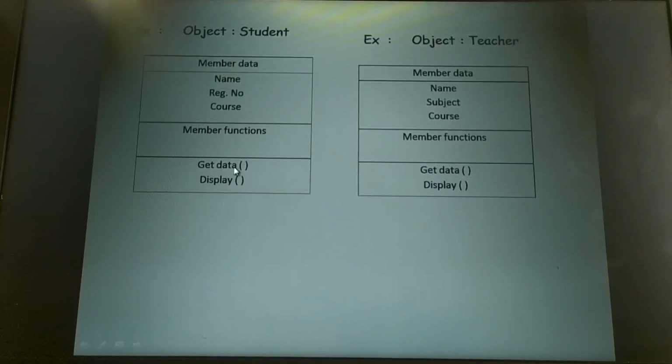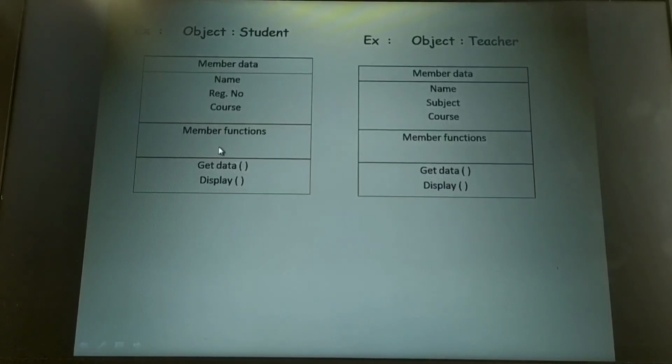So when you ask the user, obviously you need to store it in the computer memory. Yes or no? That is why these objects usually take space in the memory, and when I'm fetching the data from the computer memory, I need to have an address, isn't it? Therefore, they take up space in memory, and they are also associated with an address. I'll explain all these things with one more example when I discuss classes.